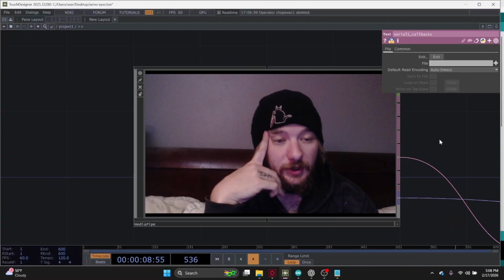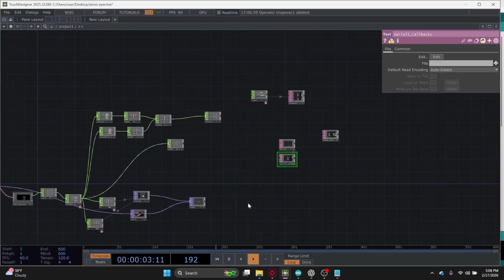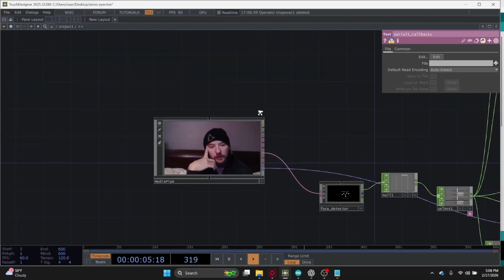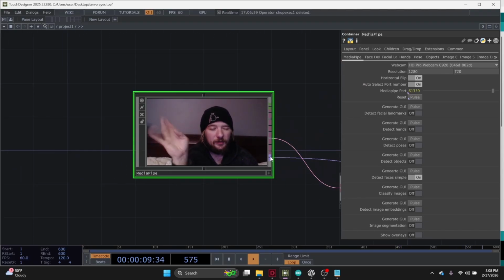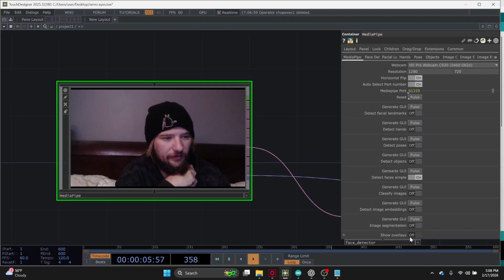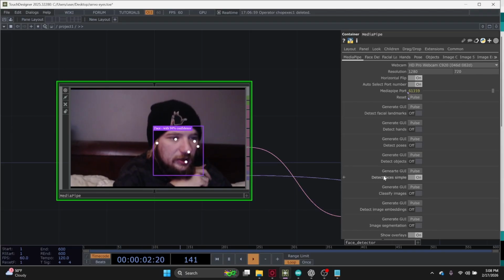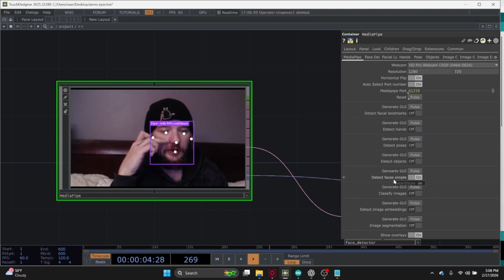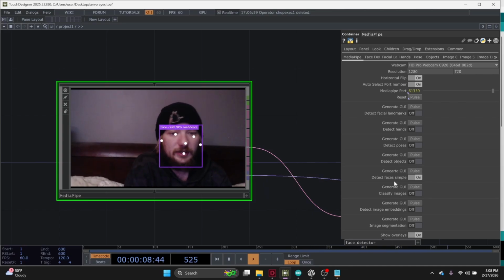Alright, so we're currently in TouchDesigner. I've spent the last several hours building this TouchDesigner network, and I'll kind of show you how things work. So first things first, my webcam is being fed into MediaPipe. MediaPipe's a really cool plugin for tracking all sorts of things in video. If I turn show overlays on here, I'm using facial detector. Detect faces simple is what it's called here,